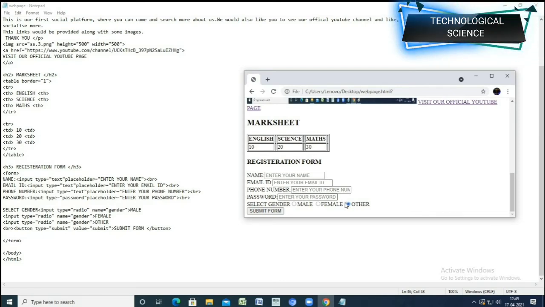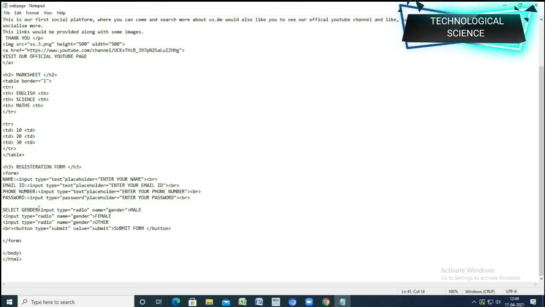So in the registration form, when you have to give a multiple choice question to your customer or any viewer that comes to a website, and he or she can only choose one option, like male, female or other, the whole process is the same. Just type here "select gender". Obviously you have to indicate to the person what is to be put over here. So select gender, then click on input.